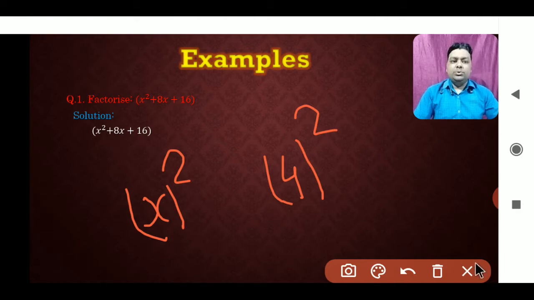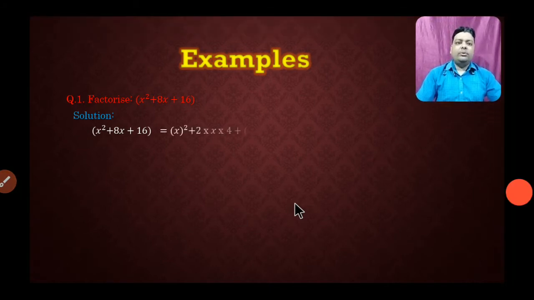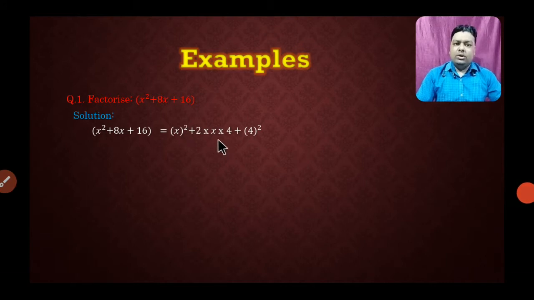It means we can use the identity a square plus 2ab plus b square. Okay, so we can arrange it like that. It means x square. Do not see the middle term right now. At first we will change the first term into a perfect square, and the last into a perfect square. Now we know that it is based on the formula a square plus 2ab plus b square, so we don't look at 8x. At first we will put the value 2ab in between, so 2 here. A is what? x only. So here we will write x. Then b is 4. So we will write 4. Now multiply 2 into 4, 8 into x, 8x.